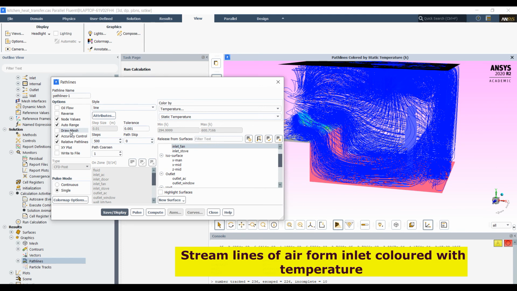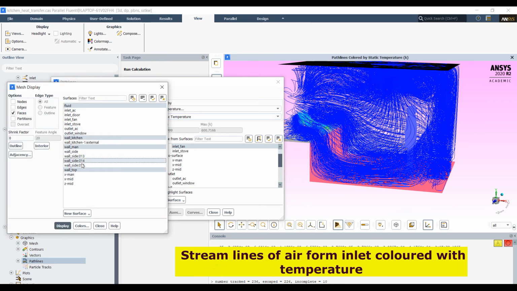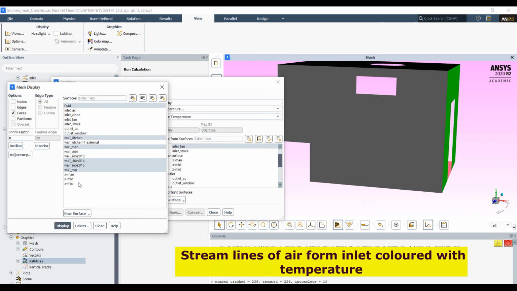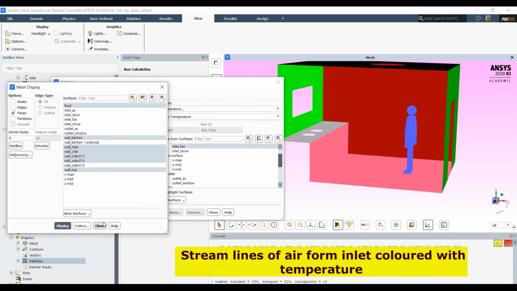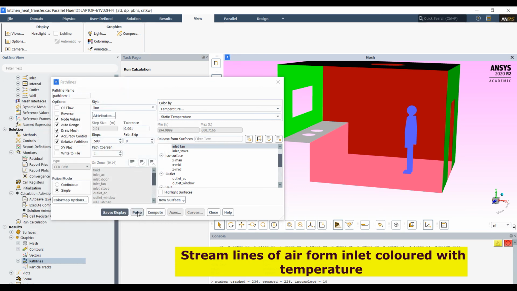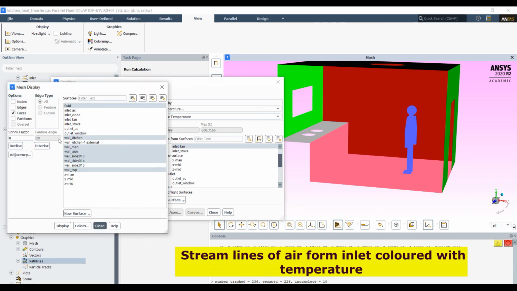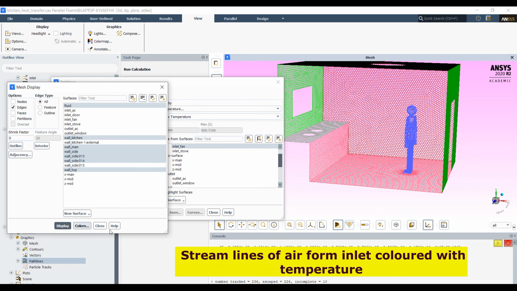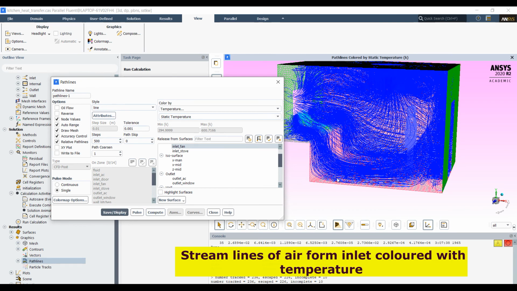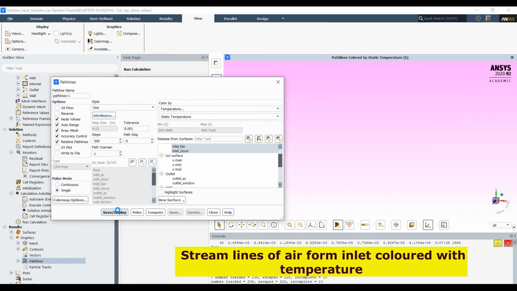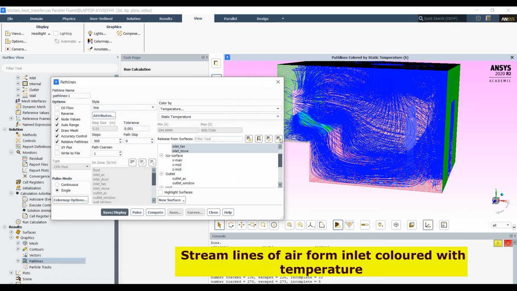And here see the draw mesh. What are the side window? These are the side window. Close. And we can see how much temperature from the streamline generated from the stove.